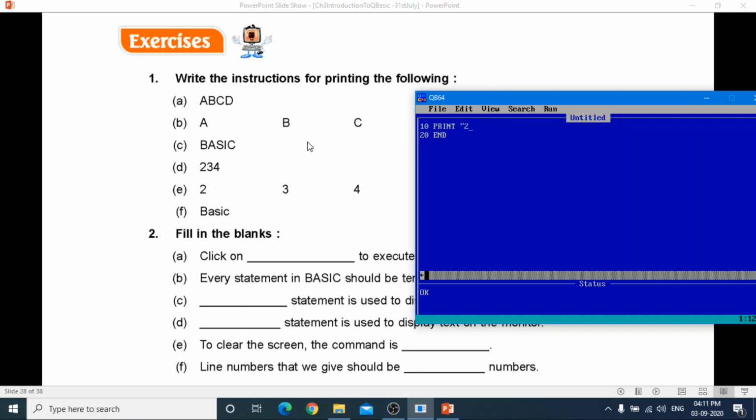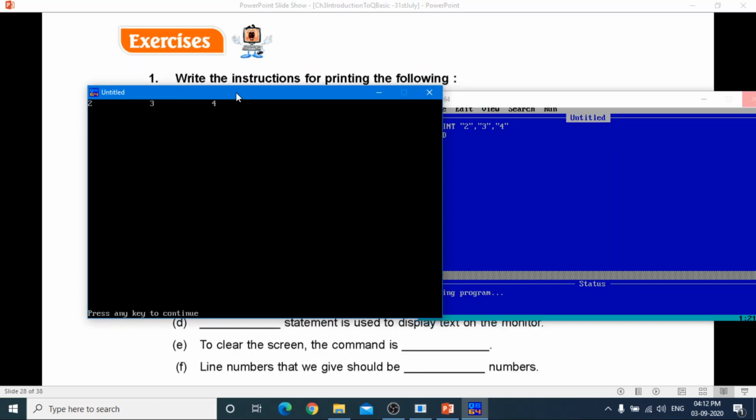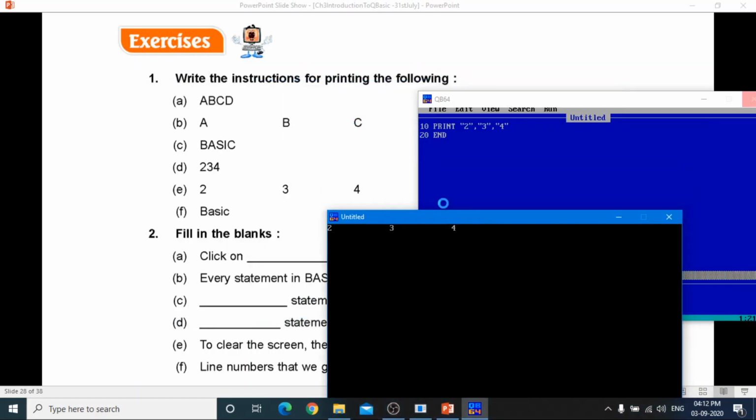Just write double quotes 2 and close this double quote, then put comma, then again one double quote, then 3, then close this, and then comma, and then double quote, and then 4 and close this, and go to run menu and run it. Got the desired output? What output we need? 2, 3, 4. So here we got the output 2, 3, 4.